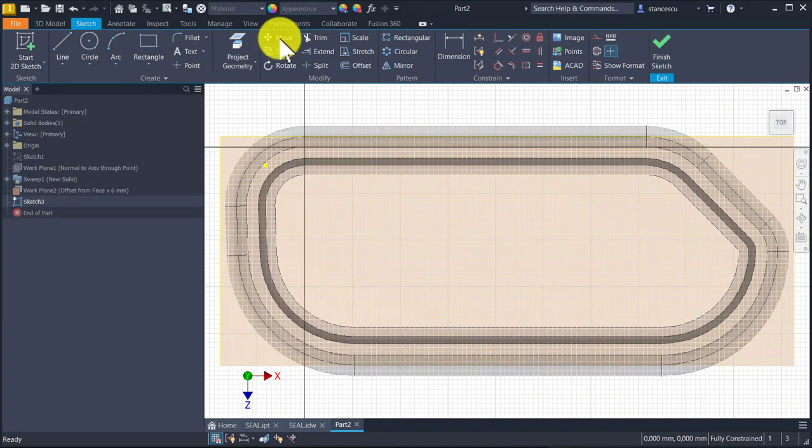We project any sloped line, for instance this one, and we place a point in the air here. Why? Because we place that dimensions, as I said,